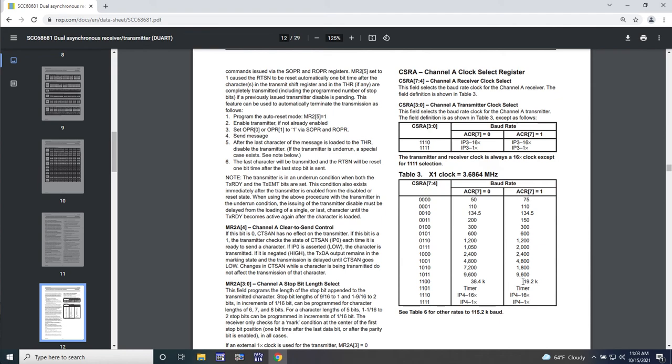Basically what we want to do here is we want to have 19.2K baud. Okay, so we're going to set CSR. So our clock is 3.6864 megahertz, right? And so what we're going to do is set clock select register A to 1100, and we're going to set ACR bit 7 to 1, and that's going to give us 19.2K baud. That's how we do that. Okay. And it is possible, they say here, to get rates up to 115.2K baud, but we won't mess with that. We'll just use 19.2. That's fine. So we need to set CSRA 7 down to 4 to